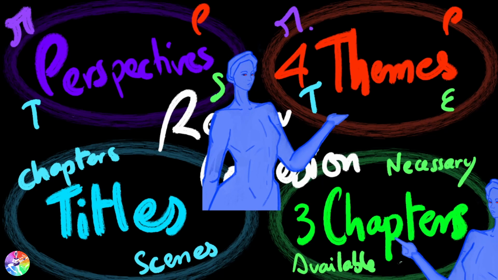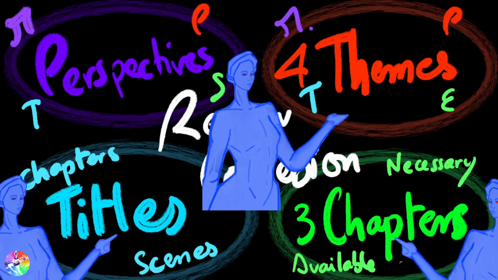Now the easiest way to display which piece of information is essential through your chapters, through your scenes, is the titles. So your titles, and try to give a title to every scene as well. You'll need titles for your chapters, but try to name your scenes as well, and try to summarize them in one sentence.